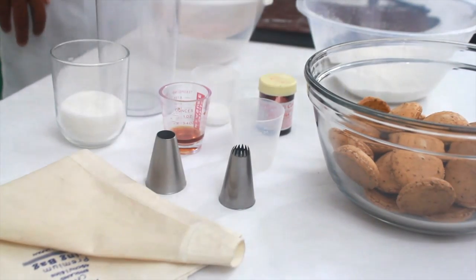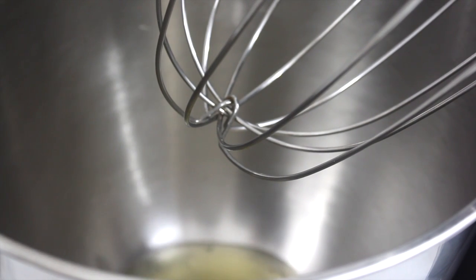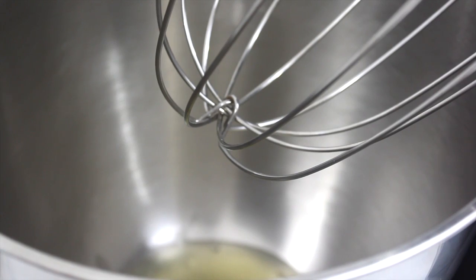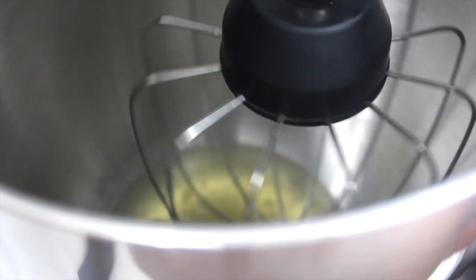Now you want to grab your egg whites and put them into the electric mixer. If you haven't got an electric mixer, you can always use a hand whisk. I wouldn't recommend it because it's straining on your arm, and it takes a while for the eggs to form